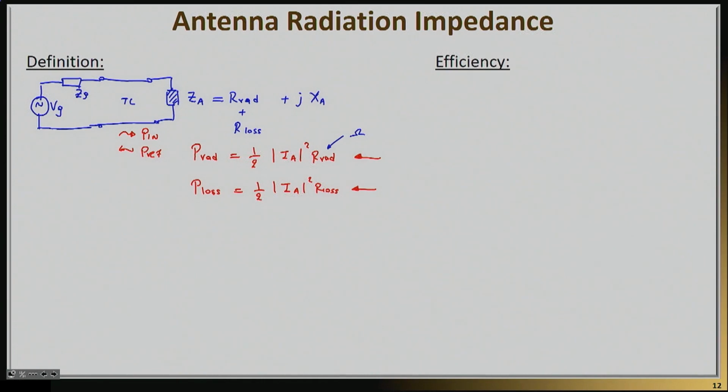So if I count the amount of power that is being lost, I can define effectively a resistance that would have consumed the same amount of power. That's the loss resistance. That resistance could represent true ohmic loss. For example, it could represent the loss of the wire if it's a thin dipole antenna. Or it could represent dielectric losses if the antenna actually has any dielectrics. And then the final loss of power is clearly that reflected power, which we can avoid, or at least try to minimize, by inserting a matching network between the transmission line and the antenna. So normally people will go ahead and insert a matching network right here